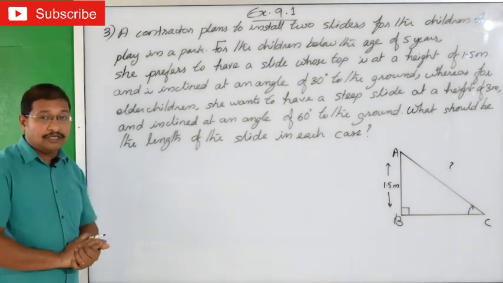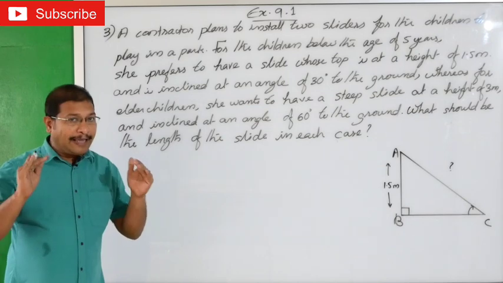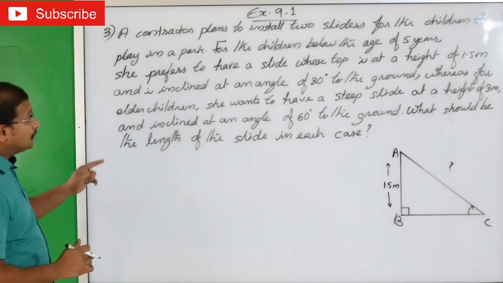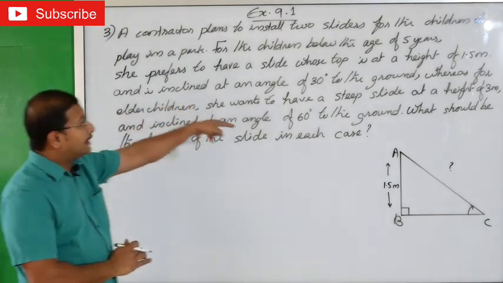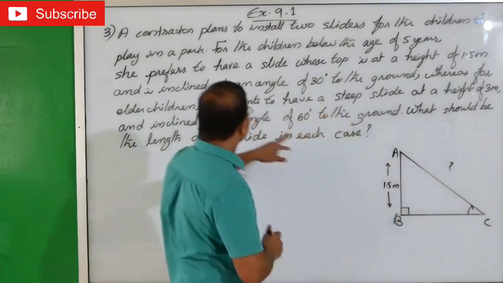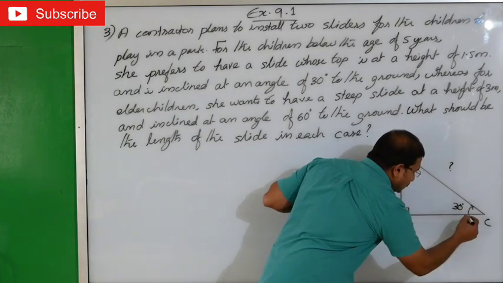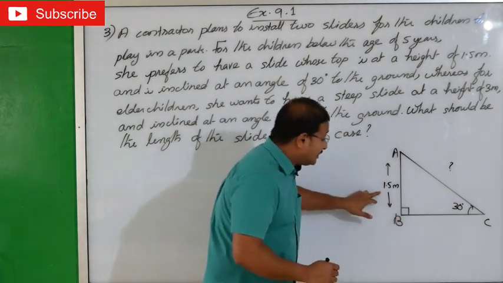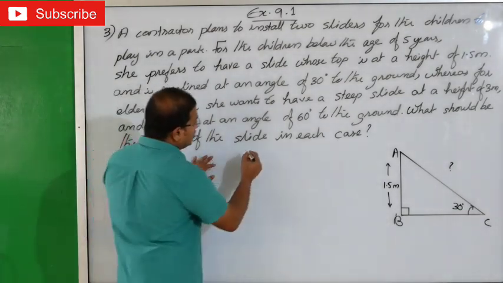See, there are two conditions here. The first one, let's see the question. A contractor planned to install 2 slides in a park. Ready? The first one, it should be below 5 years. And what is the height of the slide? Vertical height is 1.5 meter. It is inclined at an angle of 30 degree. It makes an angle of 30 degree and its vertical height is 1.5. Now what do you want? We want to find out the